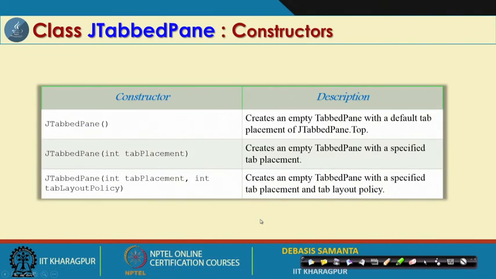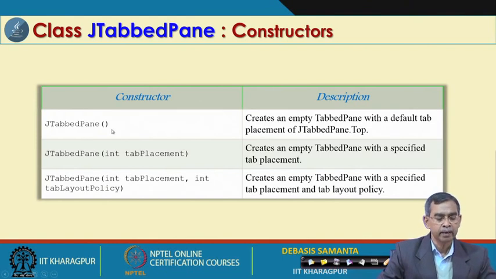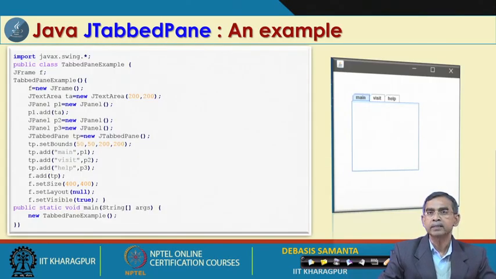So, here is basically JTabbedPane, and then the tab placement, an int, is basically the placement: 0, 1, these are the values, otherwise the left side and bottom side. So, 0, 1, 2, 3, these are the different values that can be mentioned. And this is the tab layout policy, which means that if you want to add more items into the tabbed pane, what layout manager you can follow. It has a simple example for your practice. Again you can see how the tabbed pane will appear in a frame which is included in a container.